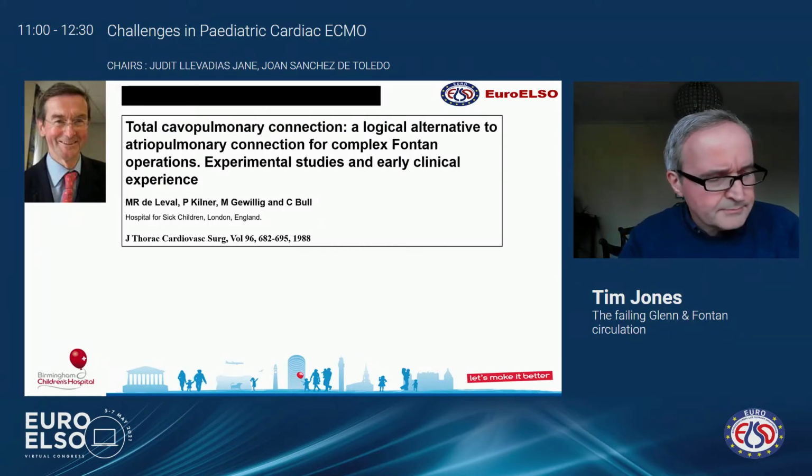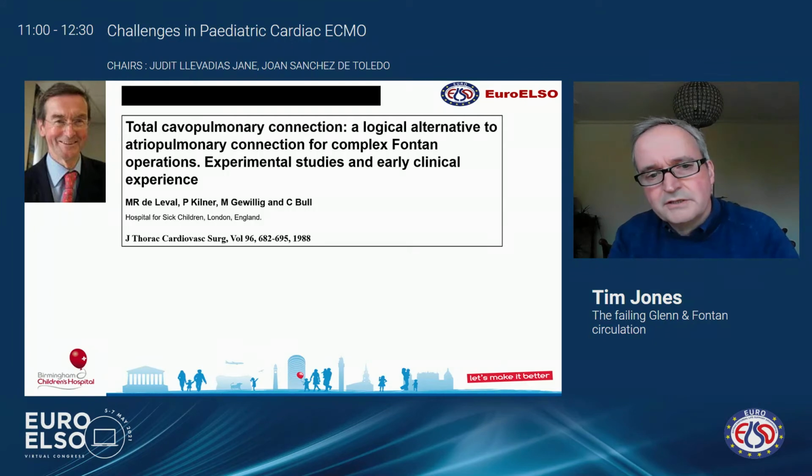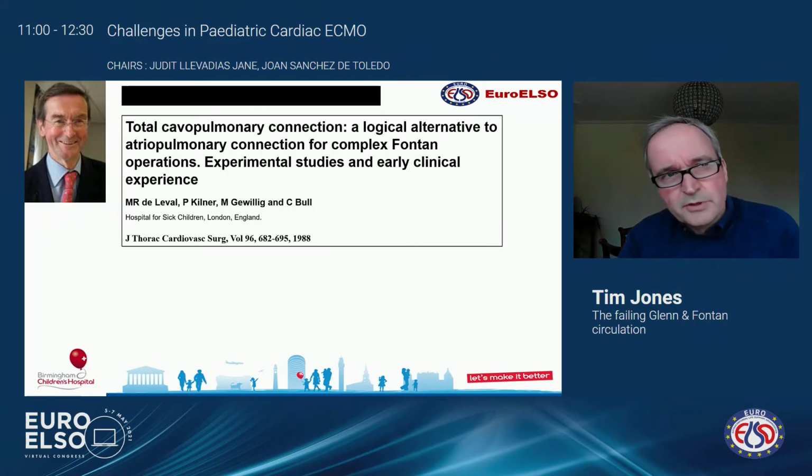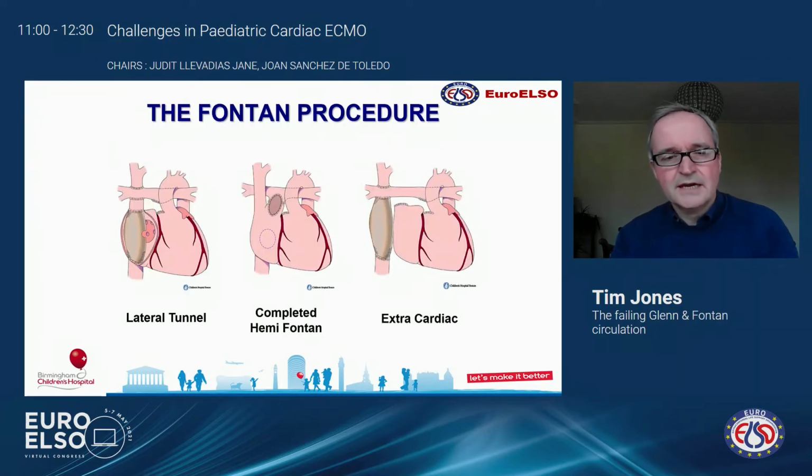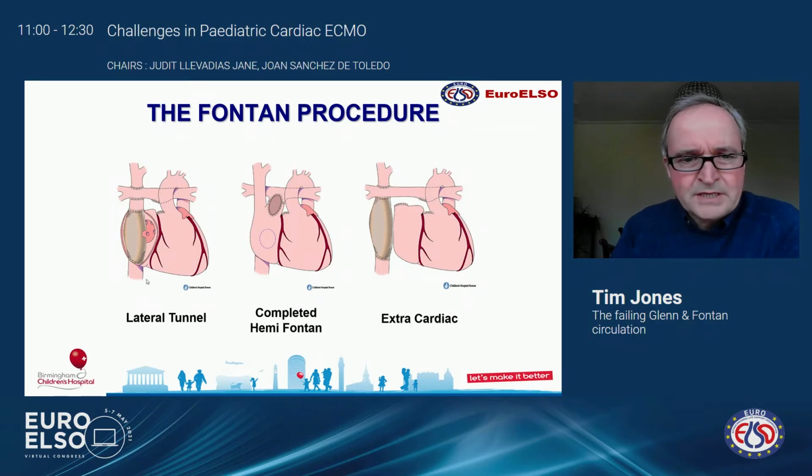Marc de Leval and his group at Great Ormond Street, when Marc Vilig was working with him, then set up the concept of the total cavopulmonary connection. What they described was really a lateral tunnel Fontan, an end-to-side anastomosis of the SVC to the pulmonary artery, creating a baffle inside the heart. Now, people often get confused about these different operations. They all achieve the same thing. The lateral tunnel Fontan was Marc de Leval's major step forward of total cavopulmonary connection, with a baffle inside